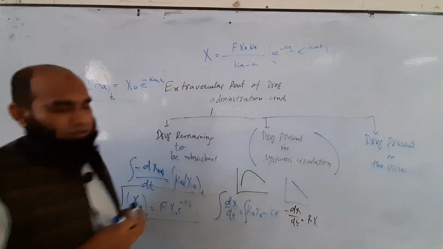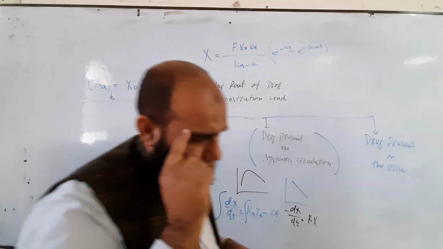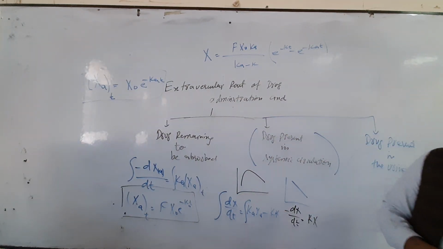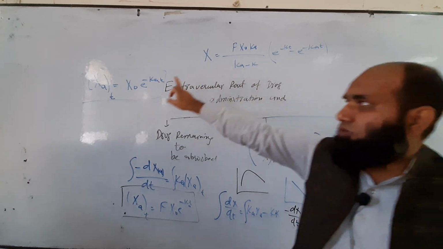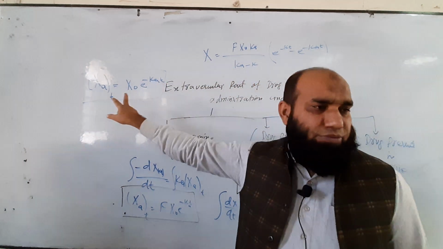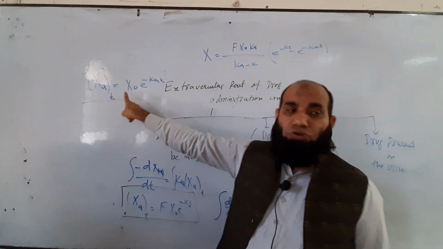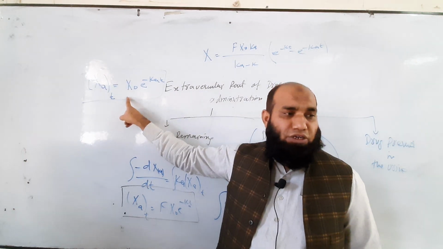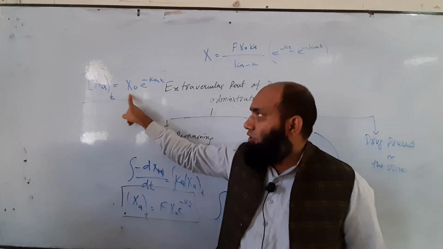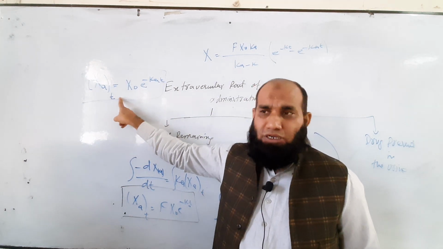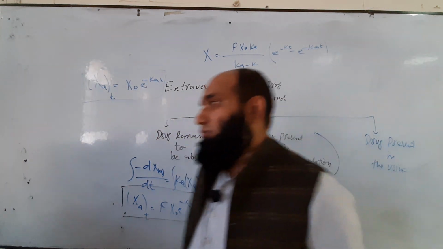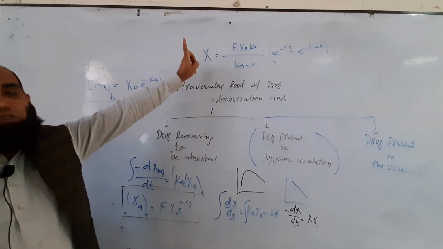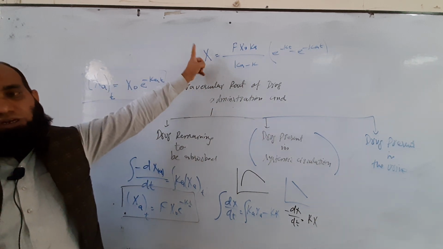This is actually our concept, in which we have to check the amount of drug which is present in plasma. Remember, both formulas can be used, but the earlier formula is only for when we want to calculate the amount of drug in the GI tract: the amount of drug present in stomach, intestine, and colon. But this formula gives the amount of drug which is present in systemic circulation, in our blood, in plasma.